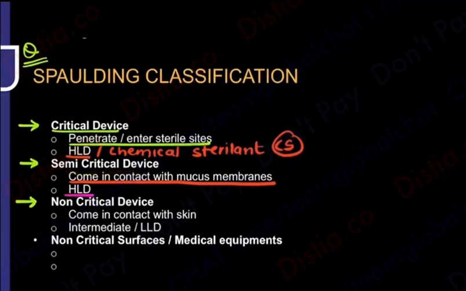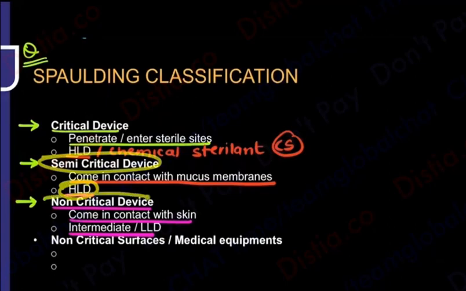to use a high level disinfectant. For a non-critical device, which is only coming in contact with your skin, you can do with an intermediate or a low level disinfectant. So simple: if something is penetrating, you will need the highest level possible, a chemical sterilant. For semi-critical, high level is enough, and for non-critical you will use the intermediate and low level disinfectants. These were all